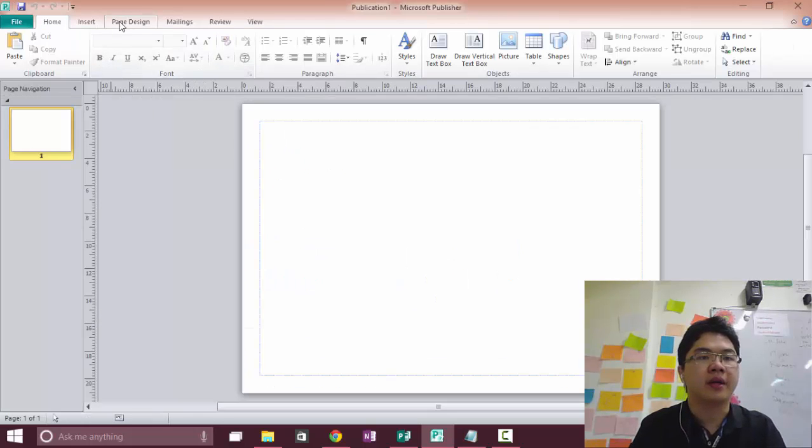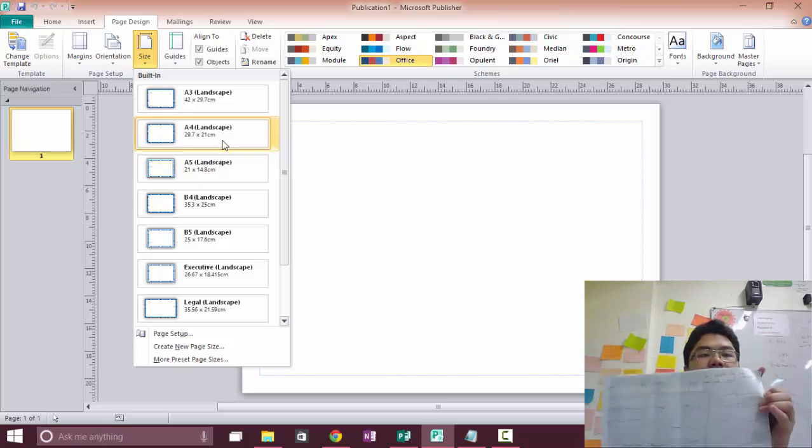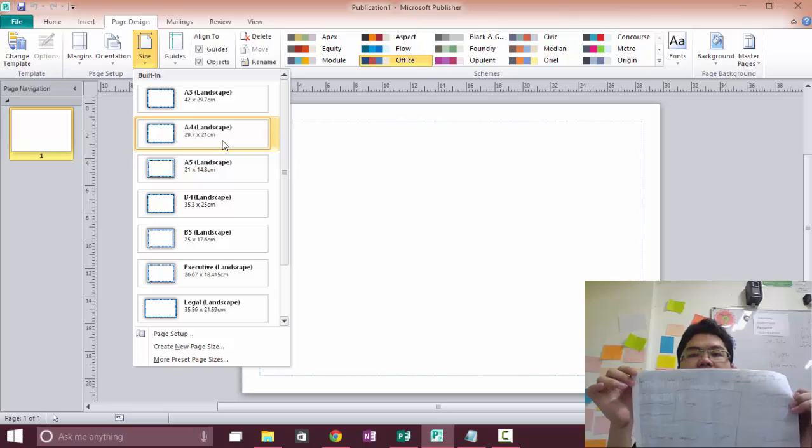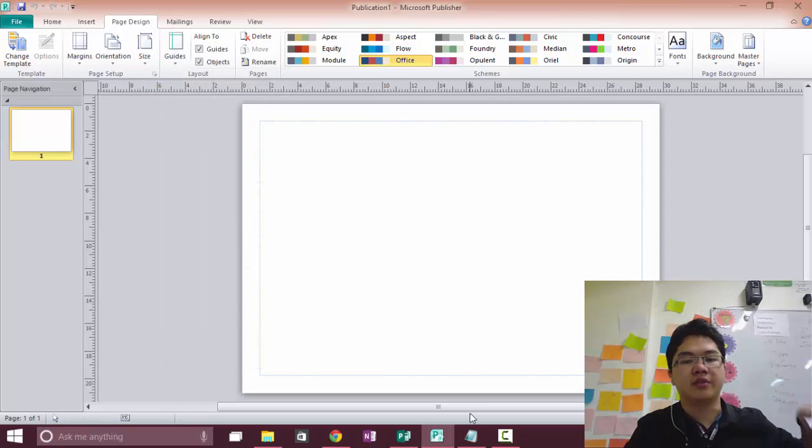paper right here, and then we will see right here, you can see it's 29.7 times 21 centimeter. That means from here to here is 29.7 centimeters, and from here to here is 21 centimeters. Alright, after that,